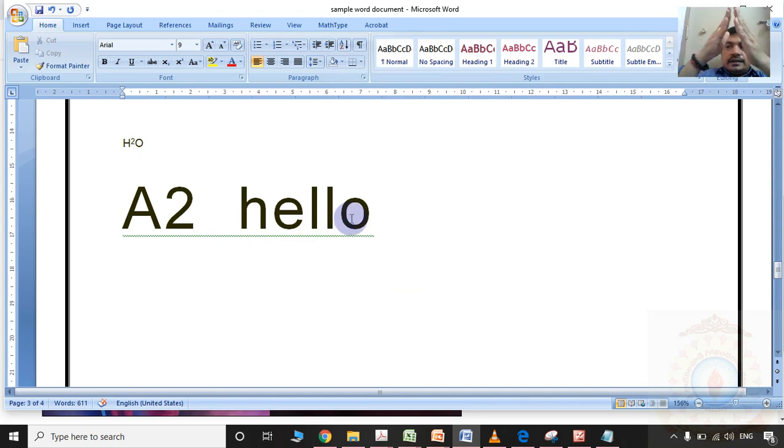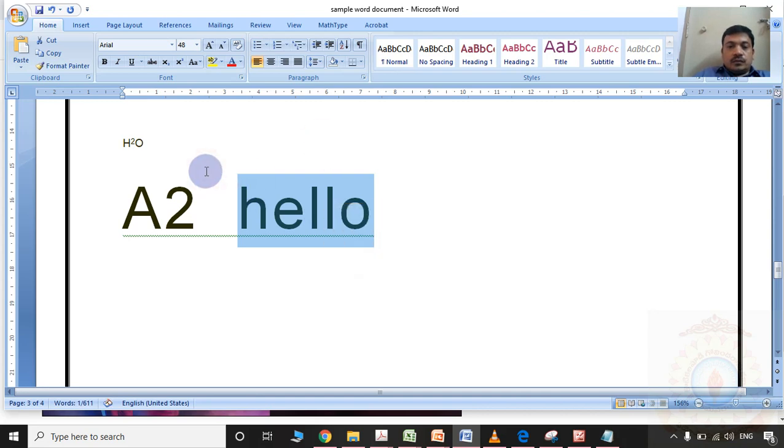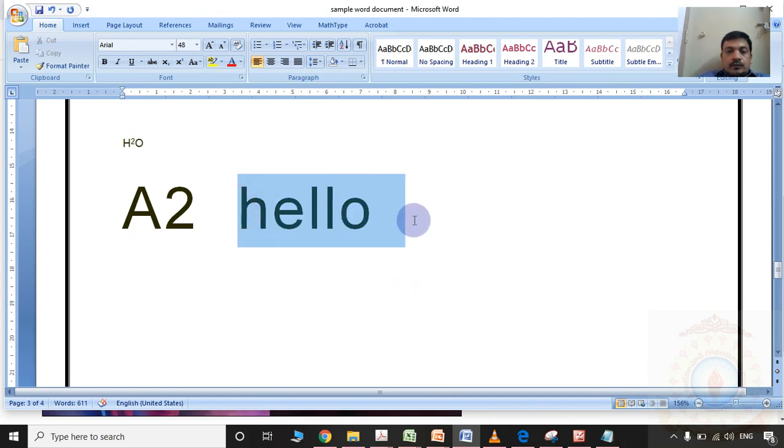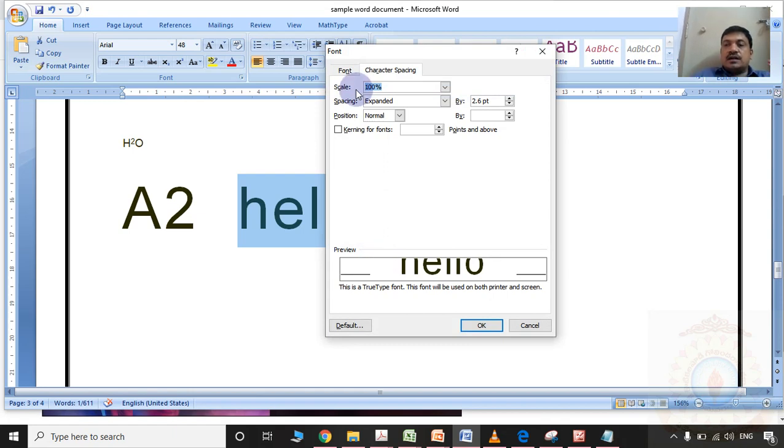So you can expand or you can compress. You can reduce the space between the letters or you can expand the space between the letters by using this particular option. Select the particular word or paragraph, right click on it and use the font option.